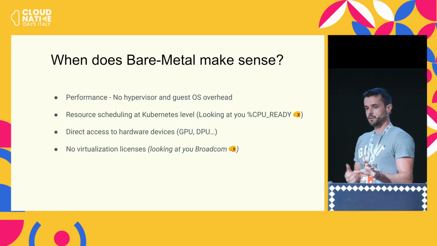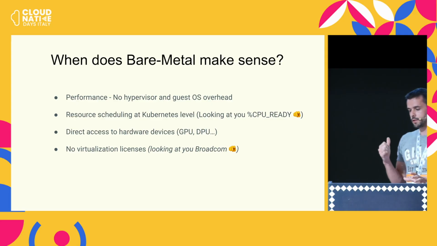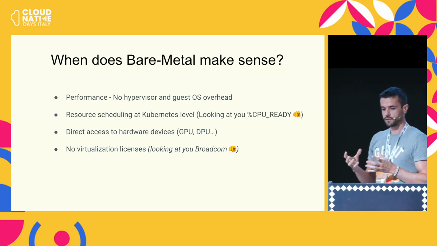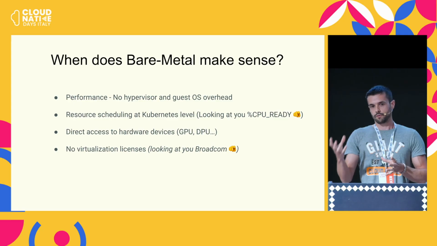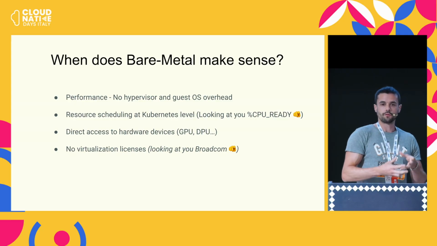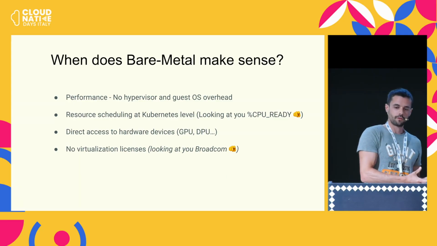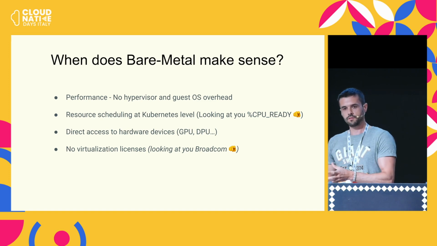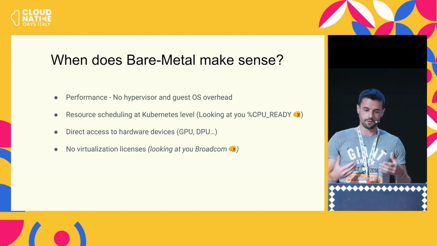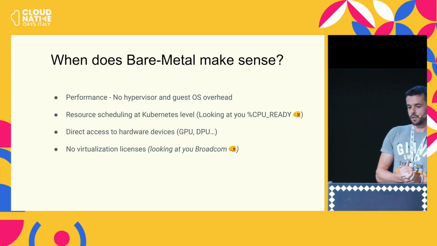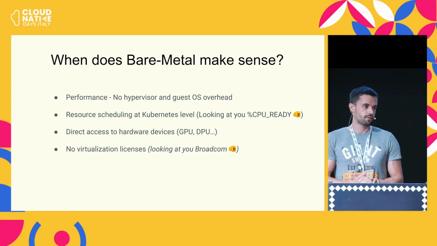So I mentioned the CPU ready metric here. Instead of having, like in the virtualization stack, a bunch of virtual machines, your hypervisor needs to schedule those virtual CPUs on the physical cores. If you over provision, then the virtual CPUs are going to wait for the physical cores because the hypervisor is doing that. So your guest OSs, your Kubernetes nodes, think they have a certain amount of CPU, but in fact, they are actually waiting underneath. When you're working at the Kubernetes level, we have visibility and all that stuff. Of course, we have direct access to the hardware.